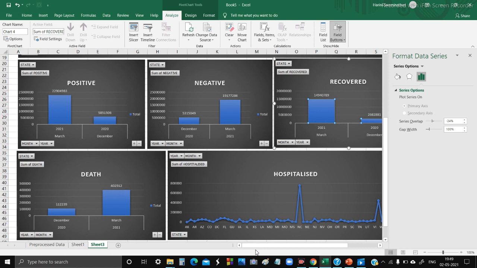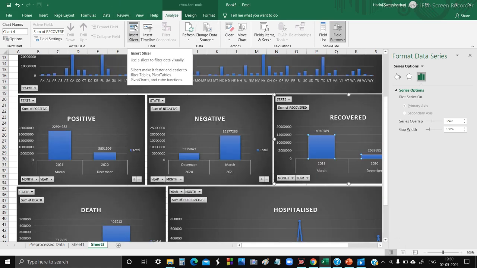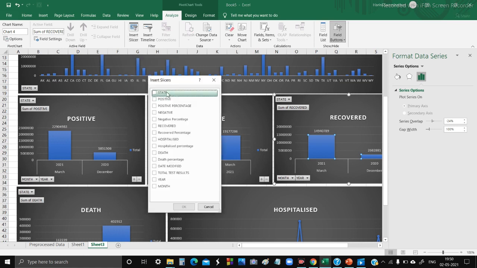Now we have to create slicer for each attribute. Click Insert Slicer and click State, Year and Month.